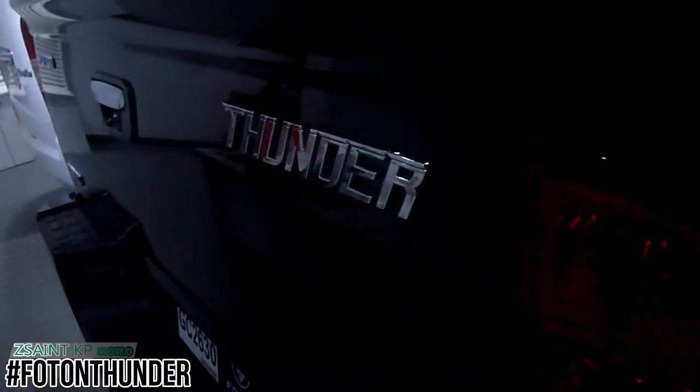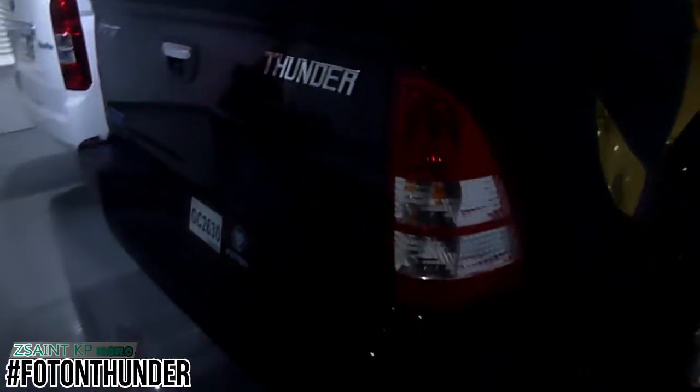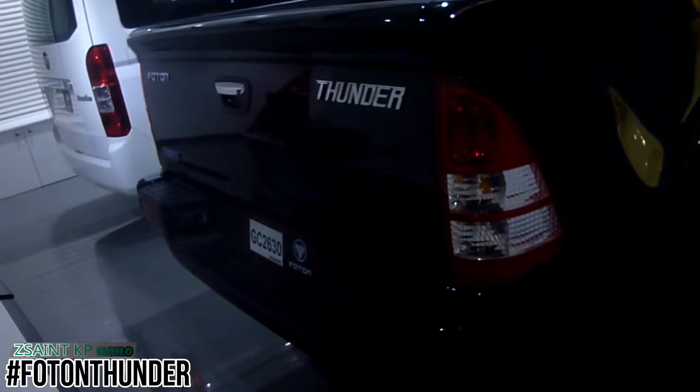Only one engine choice for the 2018 Thunder Philippine spec, and that is the 2.8 Cummins ISF 4-cylinder turbo diesel engine. Exterior features for the Thunder 2.8 4x2 automatic comprise manual leveling halogen projector headlights, front and rear